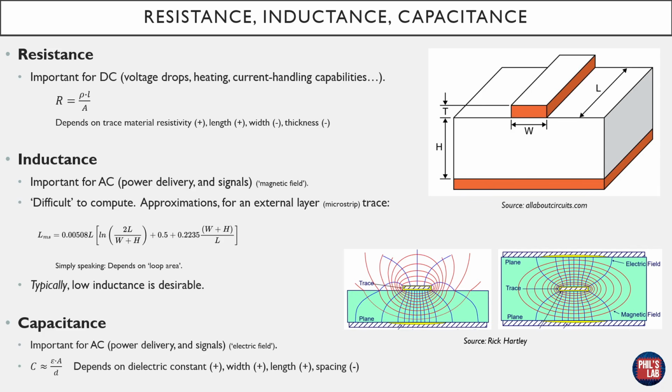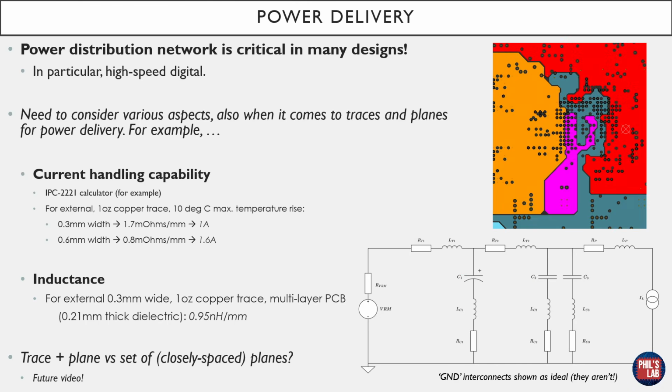Slightly more on that in just a second. All this just to illustrate that trace geometry has severe DC and AC impacts, and we need to take care of that for power delivery, signals, and so on. As important as signaling is in PCB designs, power delivery and power distribution network design is incredibly critical in many